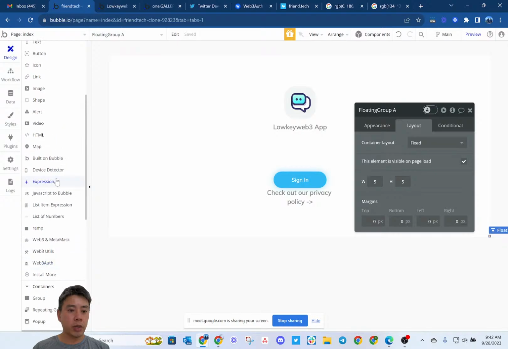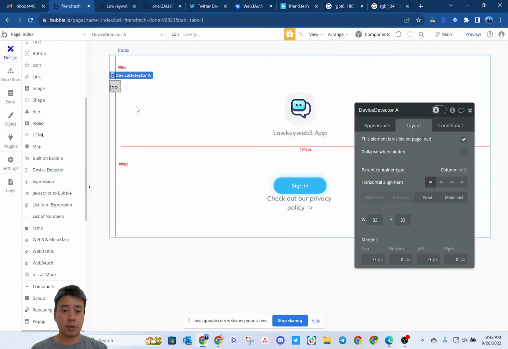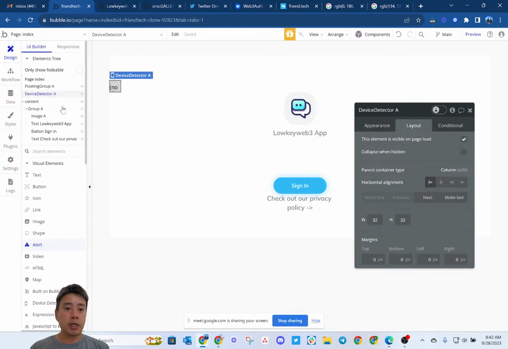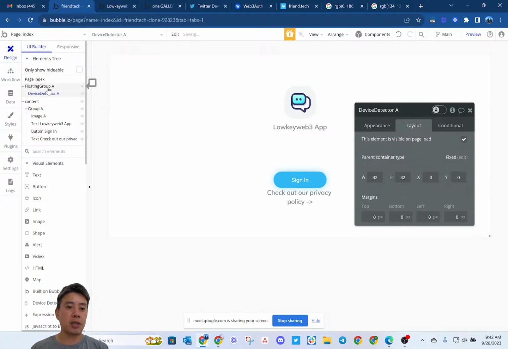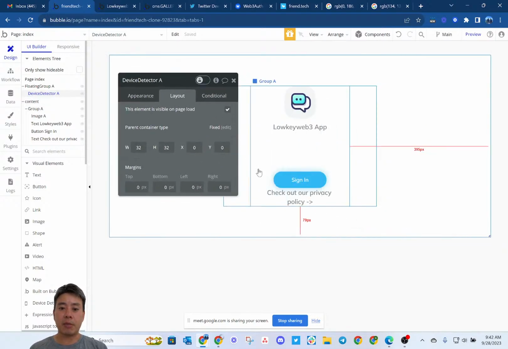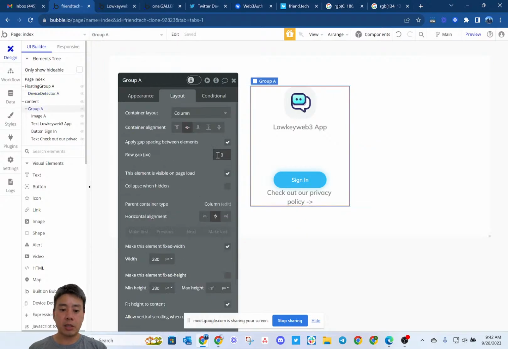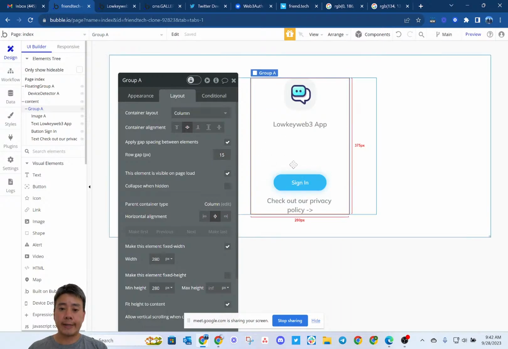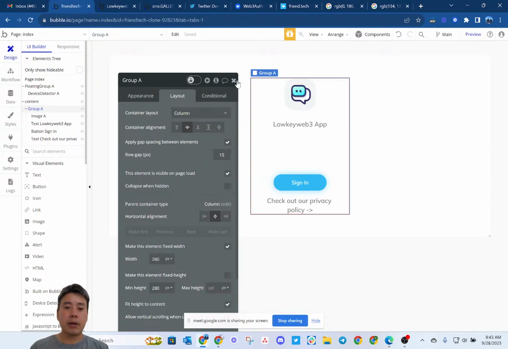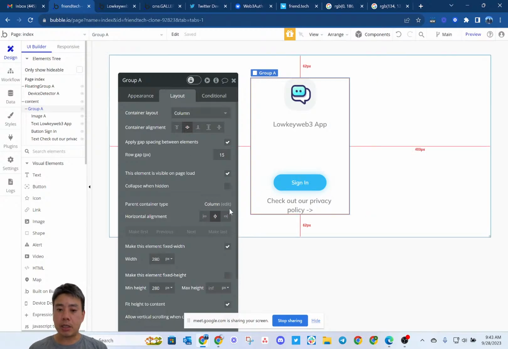So what have we got here? Device detector. Got it. And again, drag and drop. So it's a small target to hit. If it was larger, I could drag it over, but much easier is I just drag it in the element tree. And there we go. Now it's tucked in there. Now I have a device detector element on the page. What I'm also going to do here, just because I'm a stickler for some of these things these days, is create a little spacing between my elements. There you go. It's subtle, but